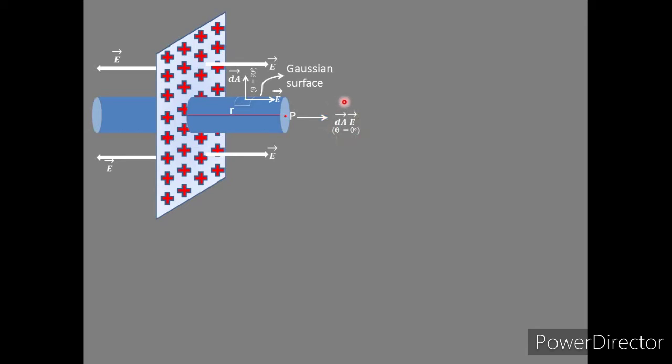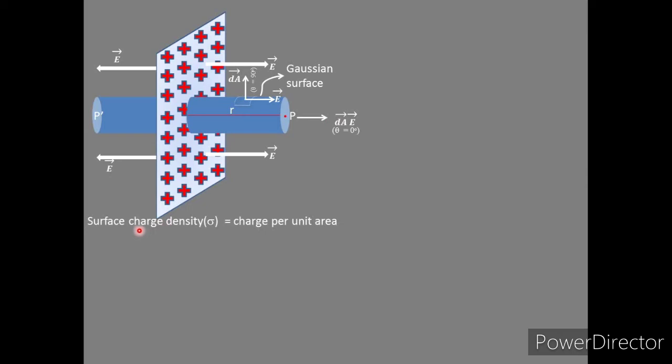Therefore, cos theta becomes maximum value. Therefore, the flux will be maximum on the n caps. On either side of the n caps, we will have a maximum flux. Okay. This surface charge density given to the sheet can be calculated by